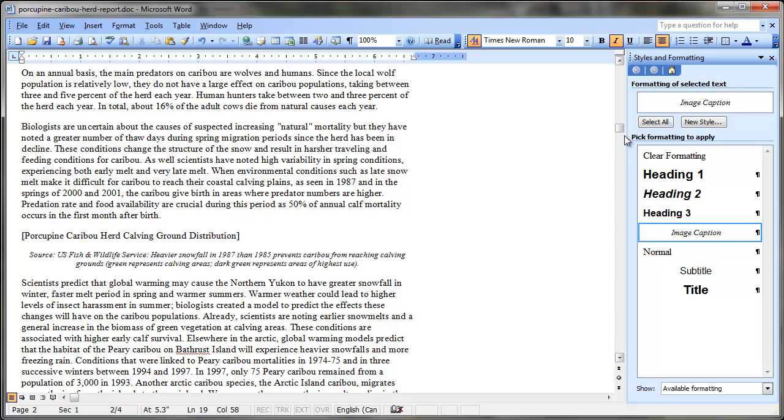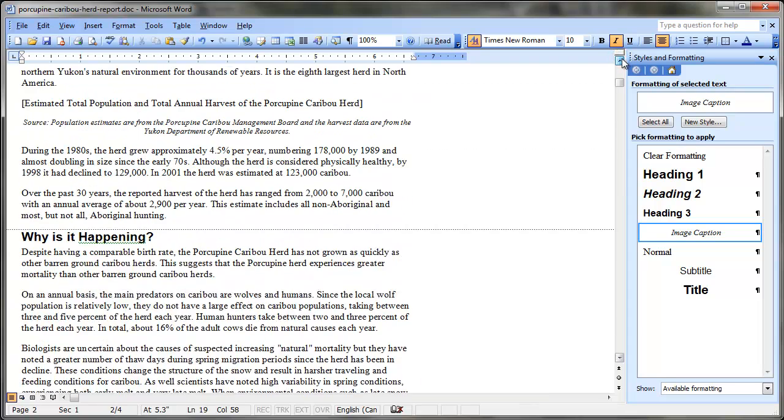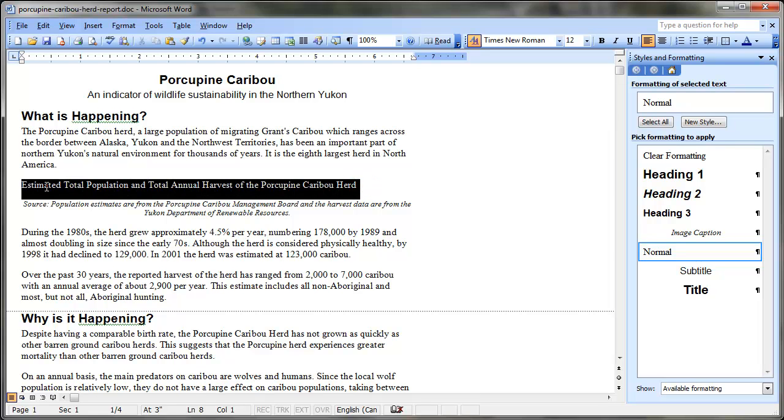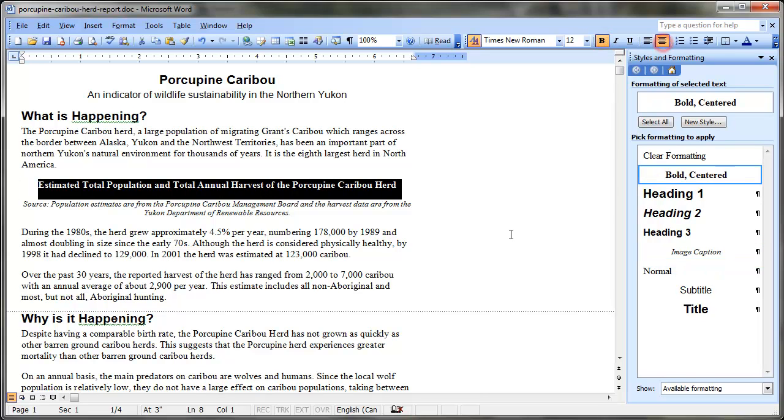Now it says create a new style. This is step 8. Based on the image caption style that you just created that uses a 12-point bold font but without italics. So this time I'm going to do it a little differently. I'm going to go ahead and just format one of the paragraphs that should be, it'll be called caption title. I'm just going to format it the way it asked for it. So I'm going to do it manually, not with styles, but just manually. It uses 12 points, so it is already 12 point. I'll make it bold and I'll center it. 12-point bold, centered,